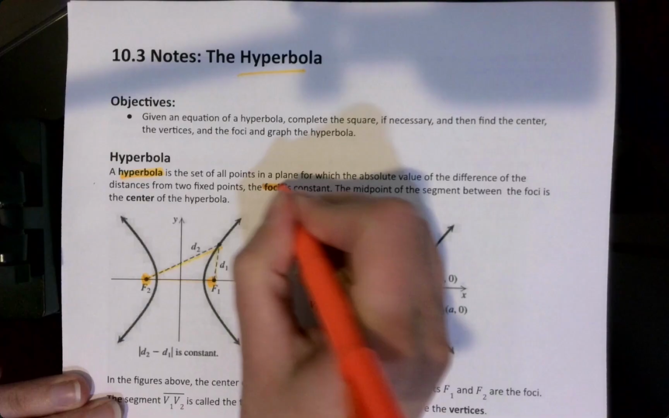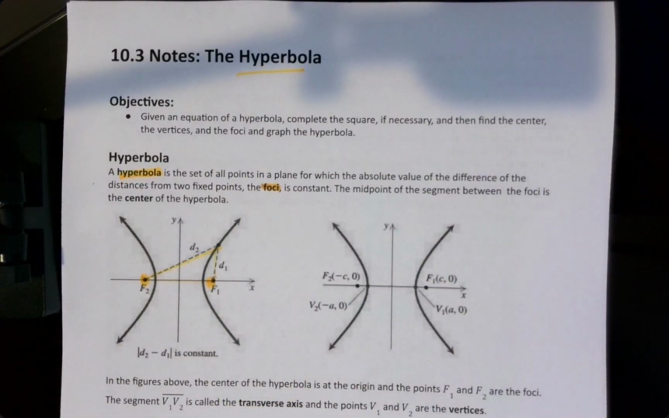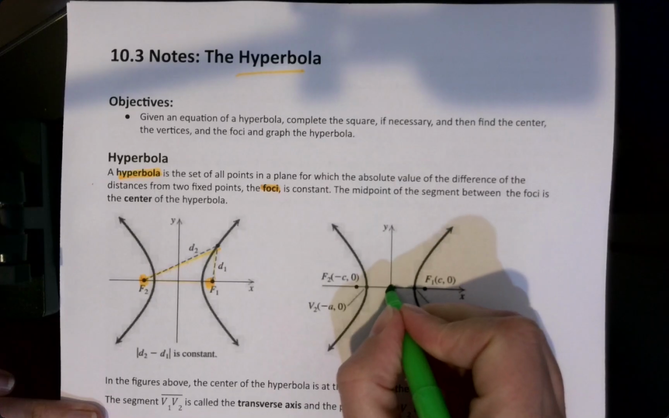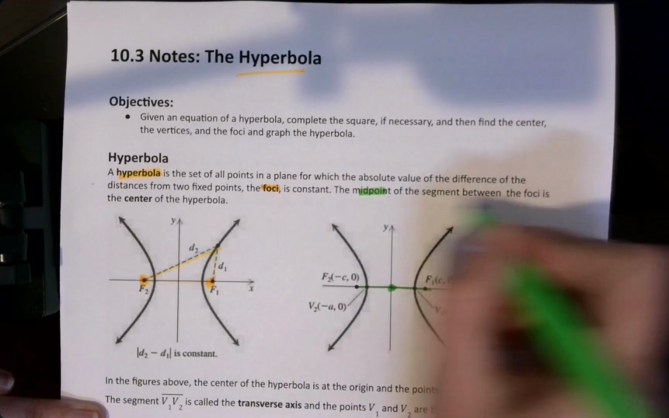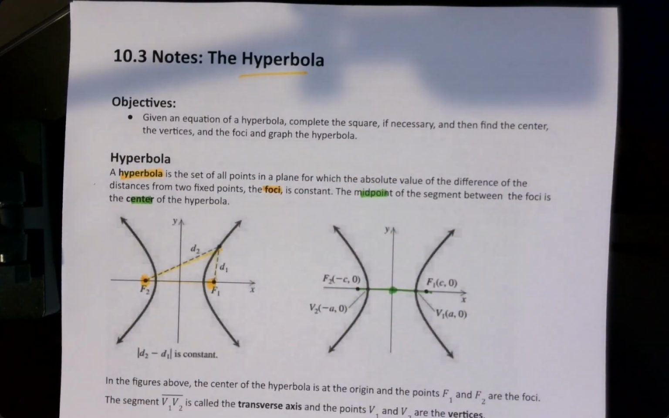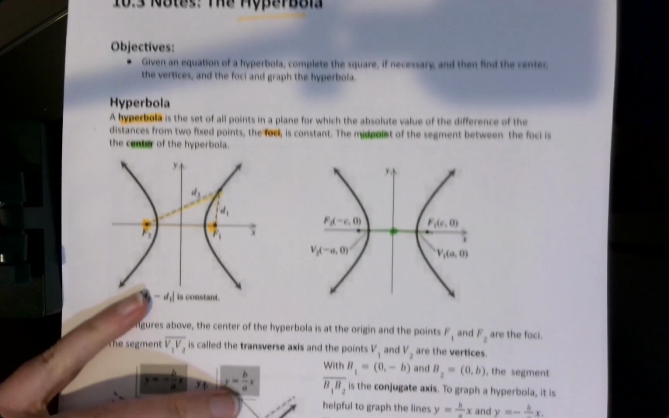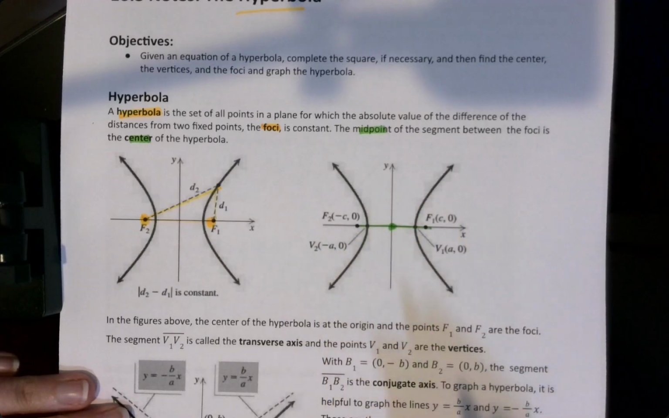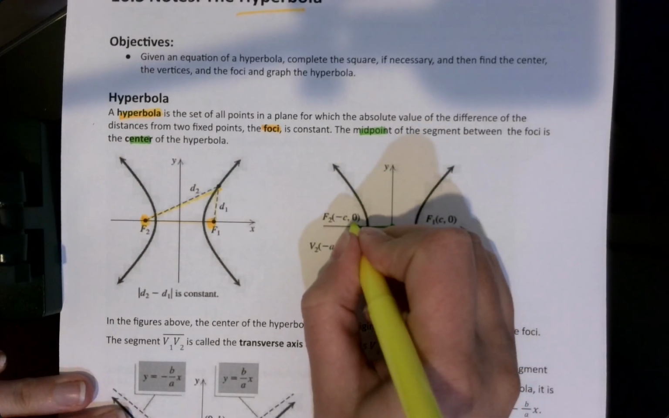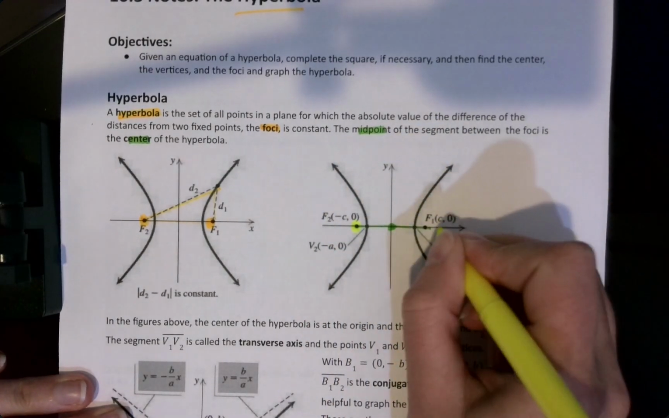Those are the foci. The midpoint of the segment between the foci is the center. So you look at the segment between them. That midpoint is the center of the hyperbola. The center of the hyperbola is outside or in between the two curves. In the figures above, the center is the origin, 0, 0, and the points F1 and F2 are the foci,